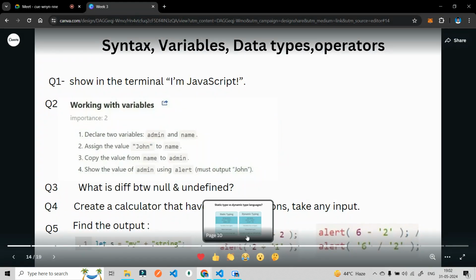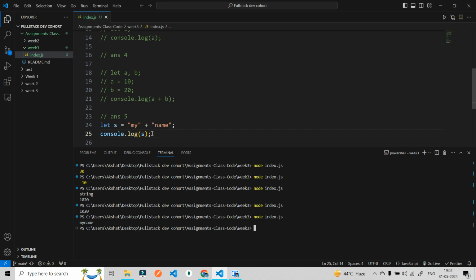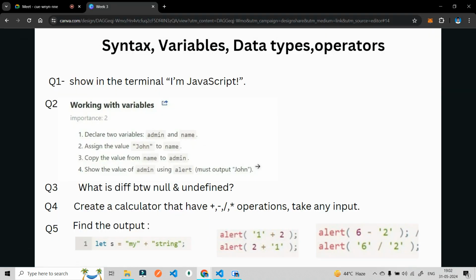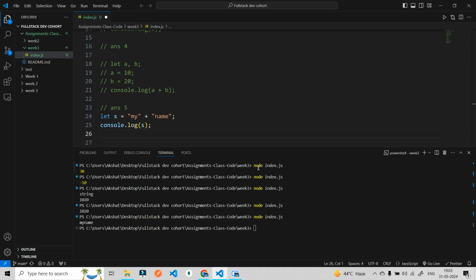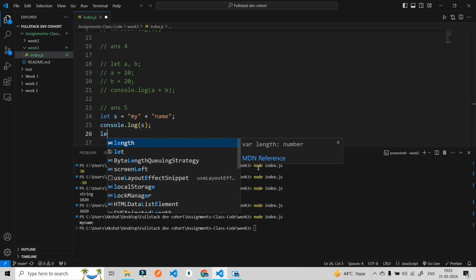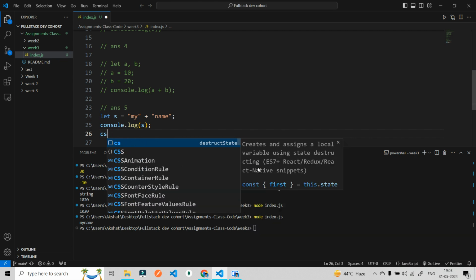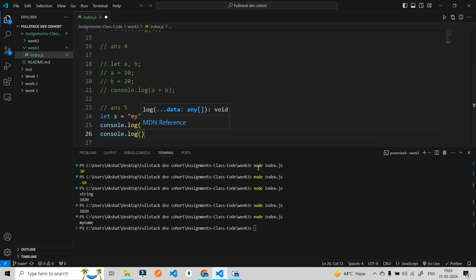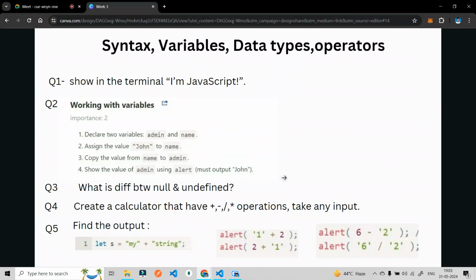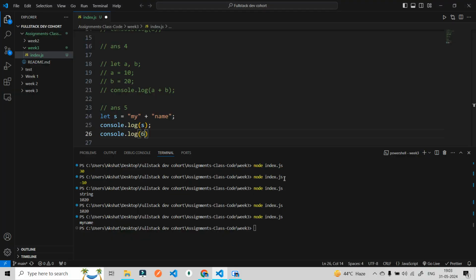Okay, let's see another thing. We have seen what happens when we add a string to a number. It will show 12. But what happens if we subtract? Let's see what happens if we subtract this particular number. Let's directly do console.log, and we have 6 as a number minus